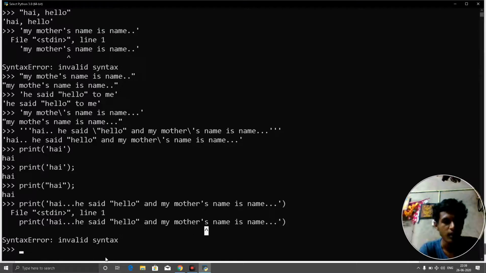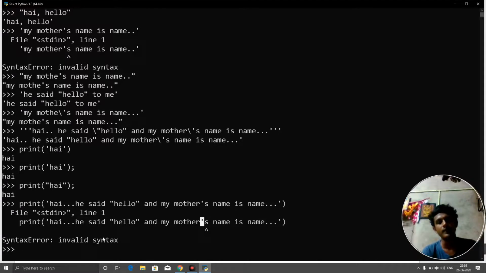But yeah, we will try with something here. It is a syntax error because it treated this as the start of the print statement and we ended here, but we wrote some s here, which is not a good method. It will obviously give you the error, because Python will treat the end of this sentence where it started from here and ended here, but we are writing something nonsense here. Python thinks like that.